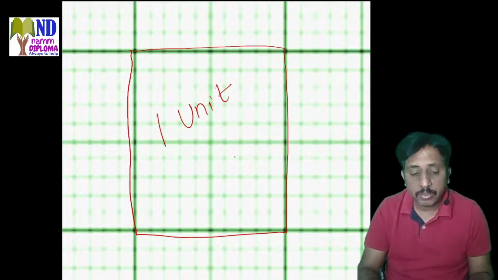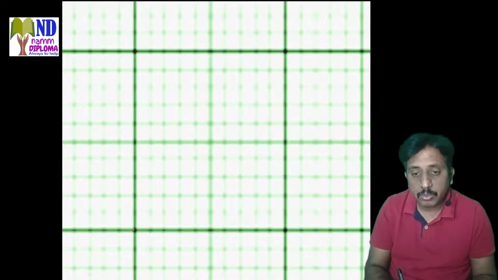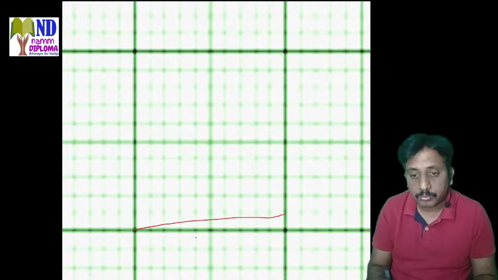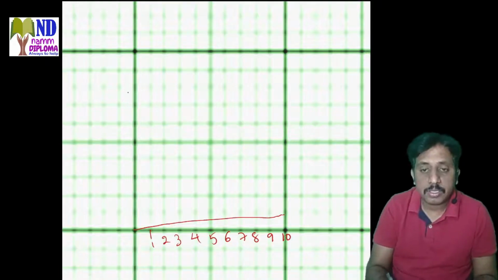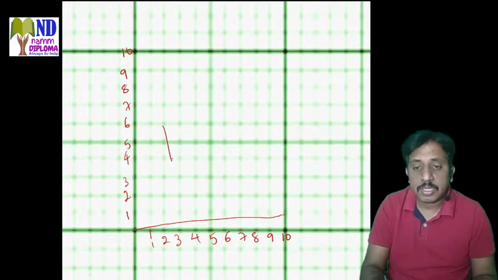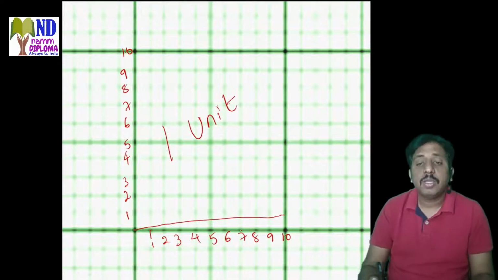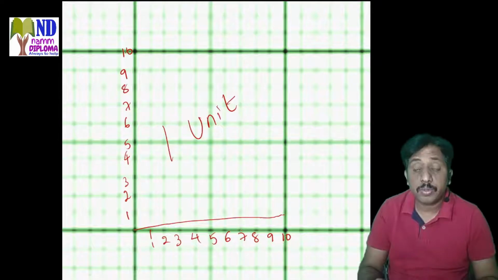Okay, so this one unit is divided into 10 sub units. You can see here, this is one unit. So 1, 2, 3, 4, 5, 6, 7, 8, 9 and 10 in the horizontal way, and in the vertical way 1, 2, 3, 4, 5, 6, 7, 8, 9 and 10. So this is considered as one unit. This is used for the assumption of the particular constraints you'll use in the diagram.